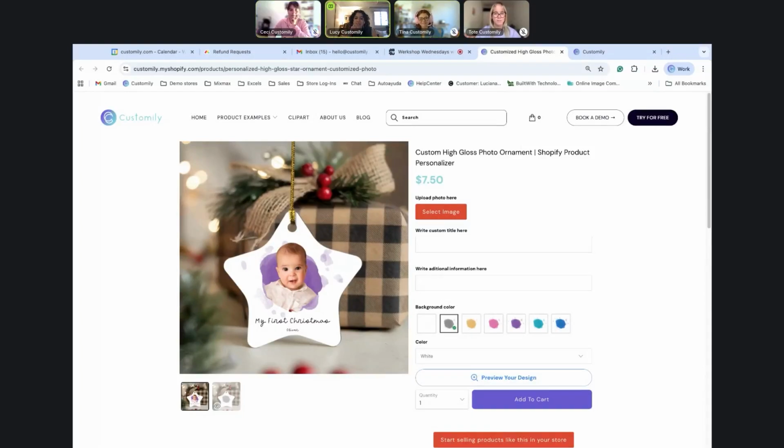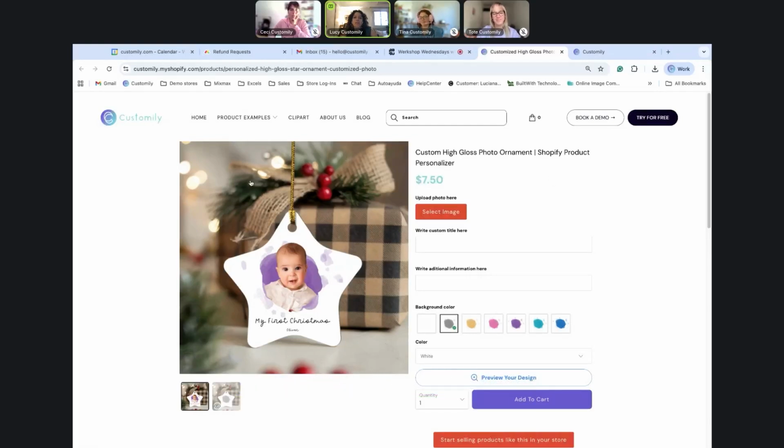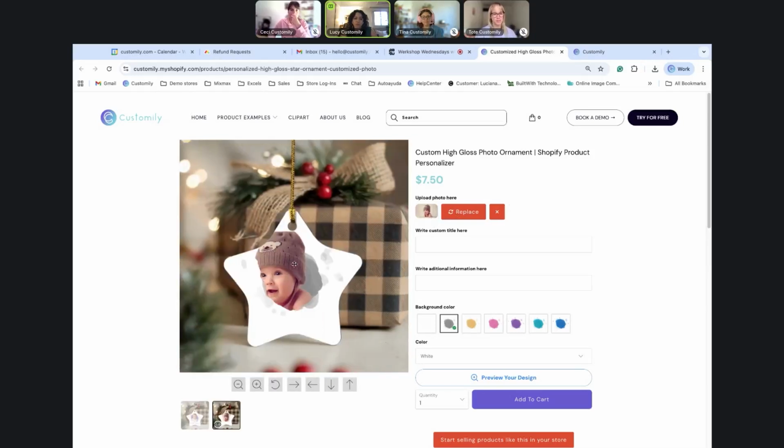Great, perfect. Okay, so in this case, we're going to see another type of customization that does include photos and choosing from different backgrounds, entering text. But we're going to use one of Customily's pre-made designs, just in case we don't want to do much work. So in this case, we have the high gloss ornament with the star shape. And what our customers would be able to do here is upload their photos. In this case, the original photo has a background, but since we have a background removal feature, this will single out the main figure of our photo so that it overlays with the different background options that we have,